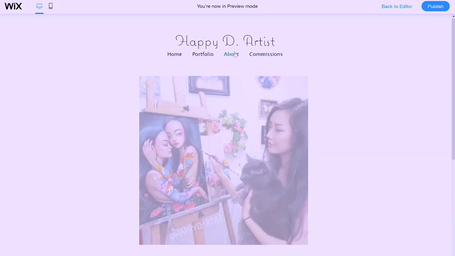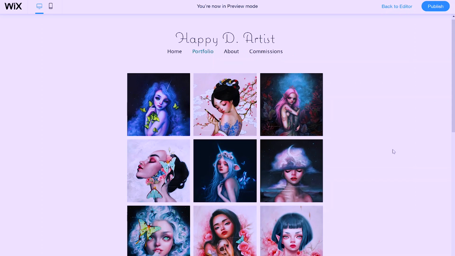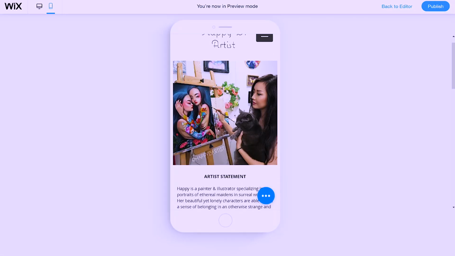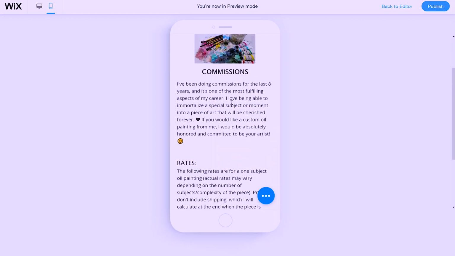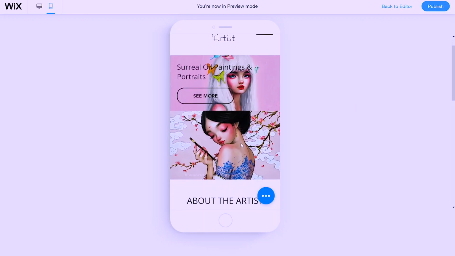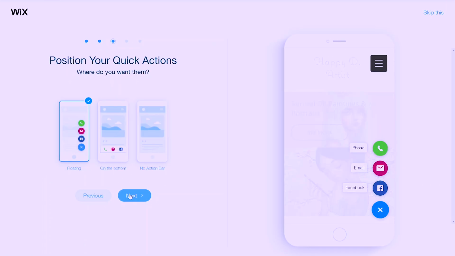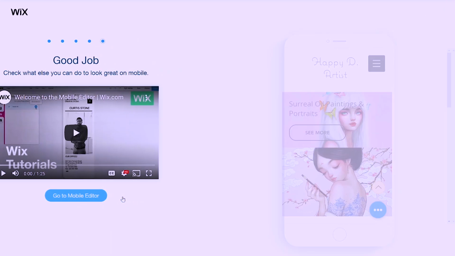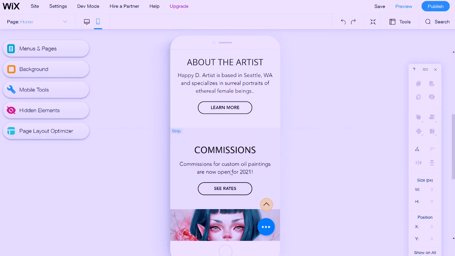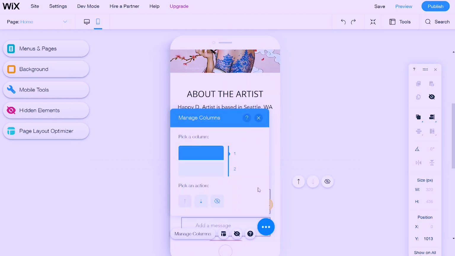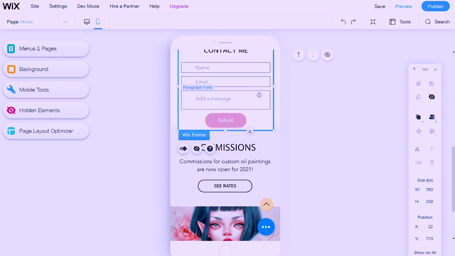Now it is time to save and preview how everything looks. In desktop, I think things look pretty good and on par with how they looked in the editor, but I noticed that the mobile preview needs a tiny bit of tweaking. Luckily, Wix has a mode that allows you to edit only the mobile version without affecting how it looks on the desktop version. For the mobile part, I'm only going to be making some minor changes. I'm just rearranging some of the homepage elements so that the website flows a bit more elegantly.